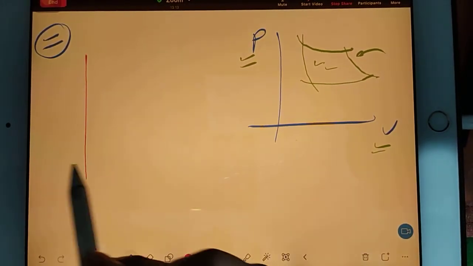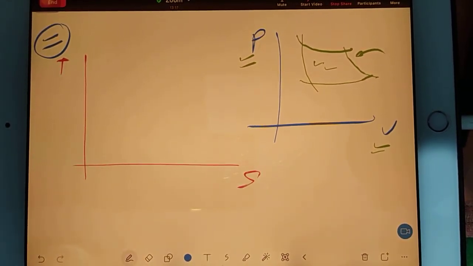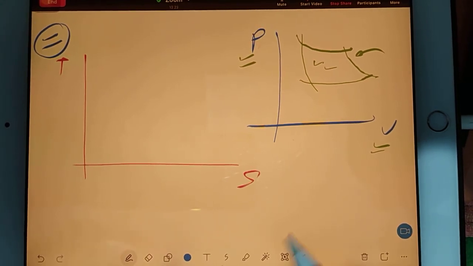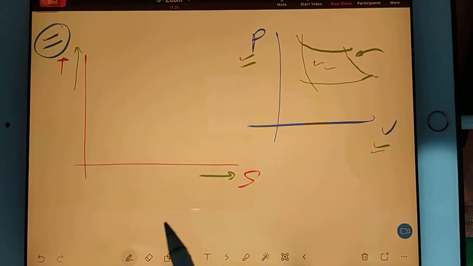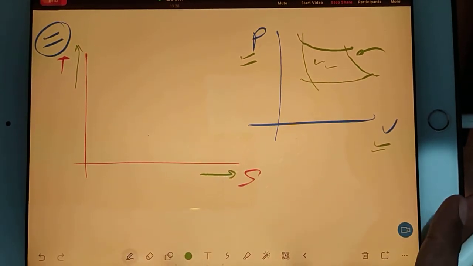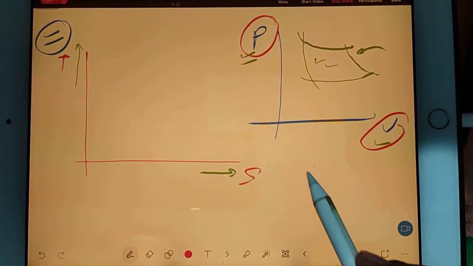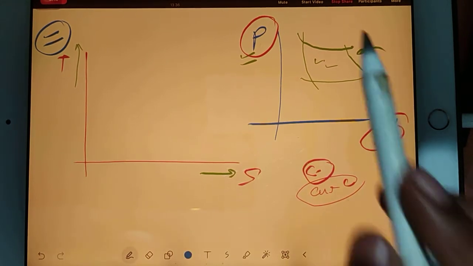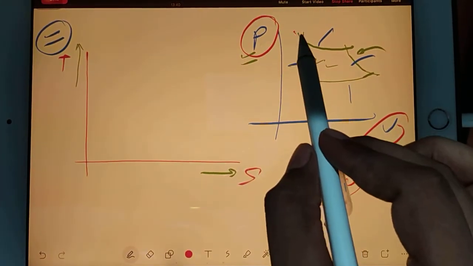So if I have a TS diagram, a few basic fundamentals we should know about it. On this side we are drawing temperature change, and on this side we are drawing entropy change. One thing, when we were learning our Carnot engine, or you can say the Carnot cycle on a PV diagram, what was the name of all the four processes? So you can see this line.